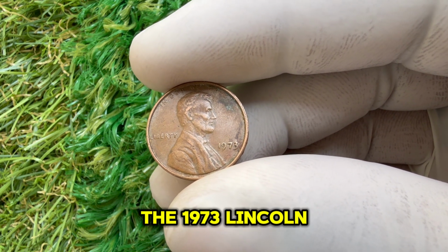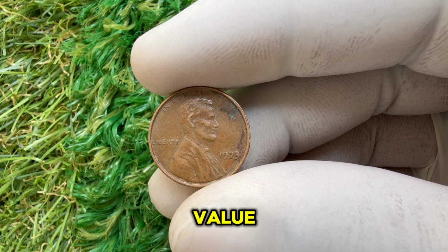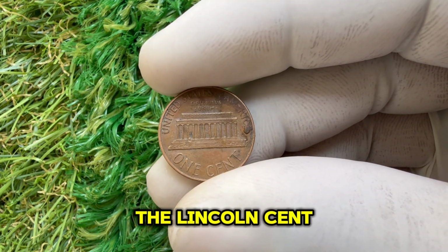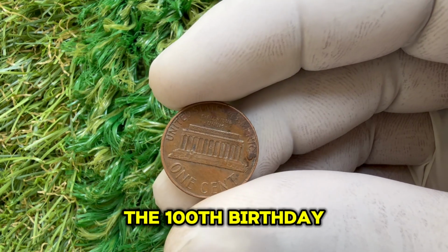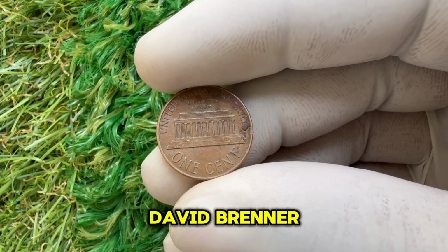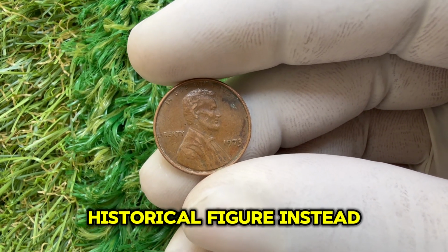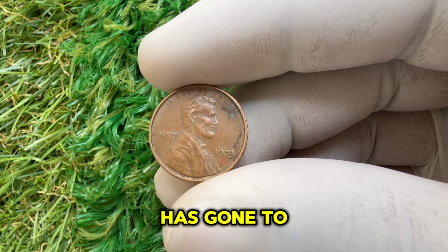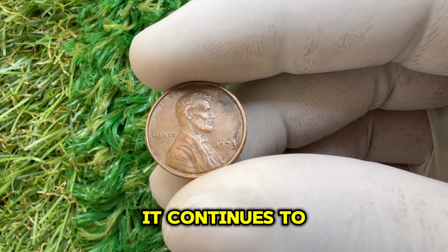The history of the 1973 Lincoln penny. Before we dive into its incredible value, let's take a moment to appreciate the history behind this penny. The Lincoln Cent series was first introduced in 1909 to honor the 100th birthday of President Abraham Lincoln. Designed by Victor David Brenner, it became the first U.S. coin to feature a real historical figure instead of Lady Liberty. Since then, the Lincoln penny has gone through multiple design changes, but one thing remains consistent: it continues to captivate